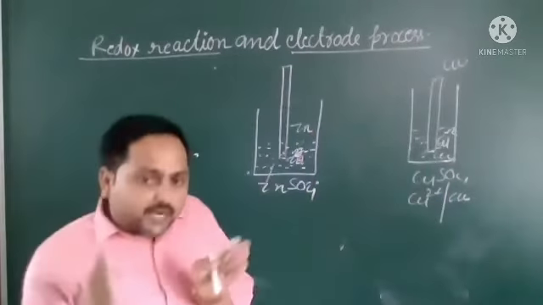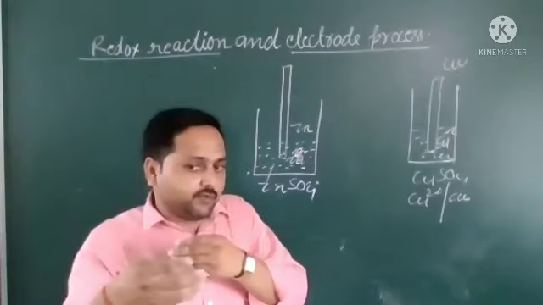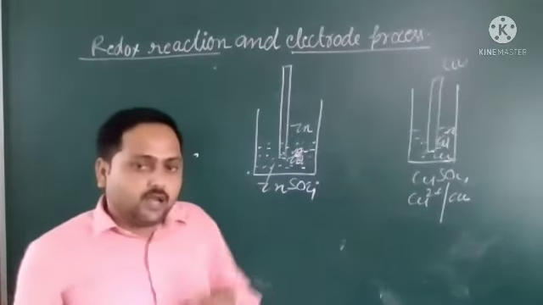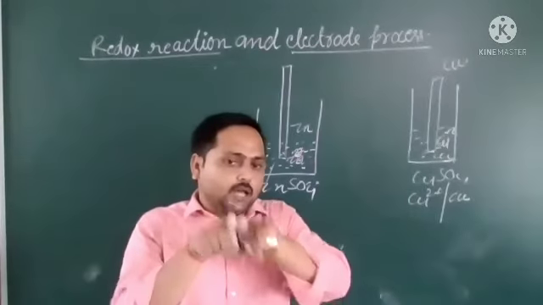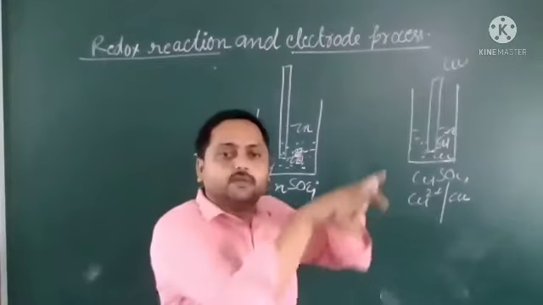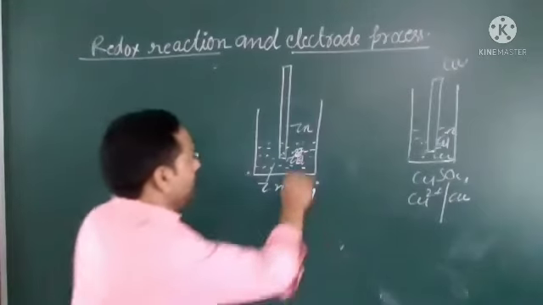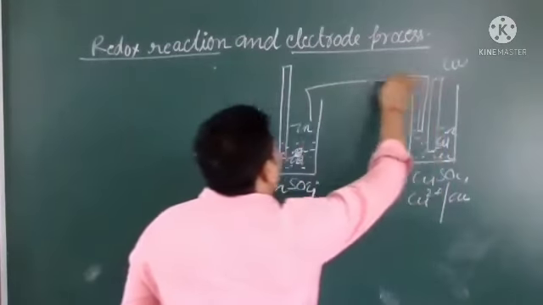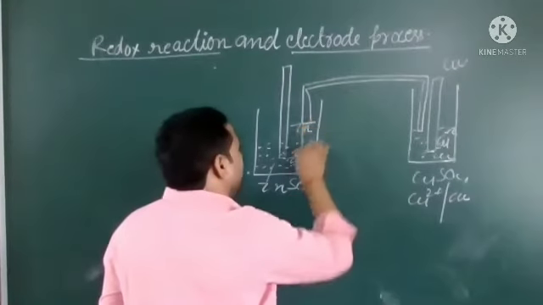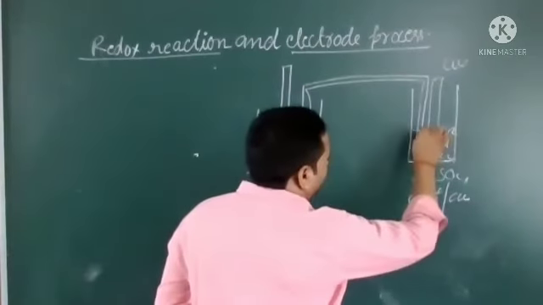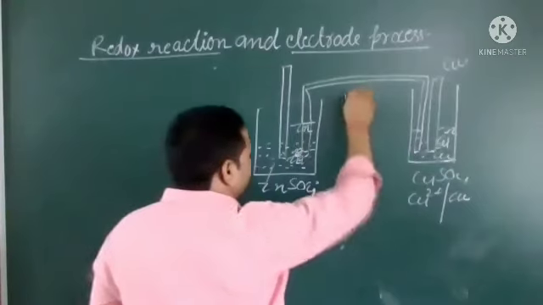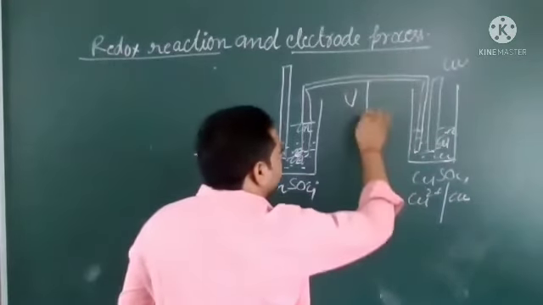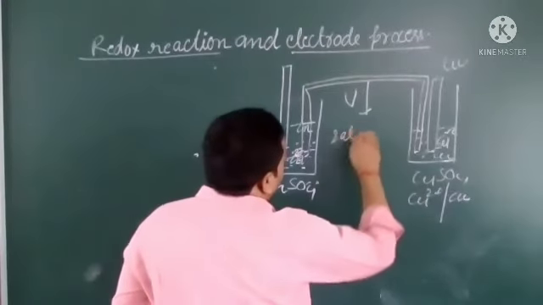So how can we connect them for electron transfer, so that electricity flows in the given cell? If the cell is completed, then electricity will flow; in a half cell, electricity will not flow. So we use one connecting tube called a U-tube, not YouTube channel. This U-tube is known as the salt bridge.